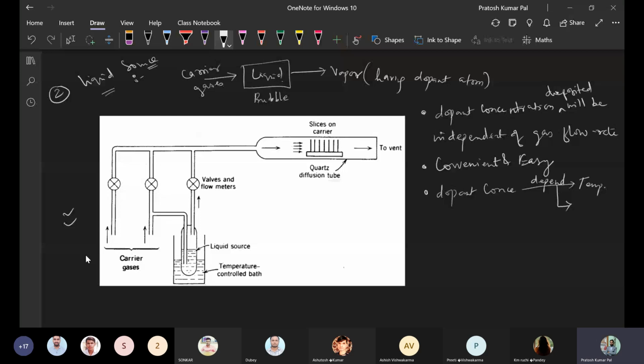So in case of this liquid type, control of the dopant concentration is easy in each case. Here it will be based on the diffusion system and the temperature that we are going to use. By temperature we can control the concentration. So the dopant concentration is, you can call it, easy to control. Okay, and also in case of liquid type of source of a dopant,